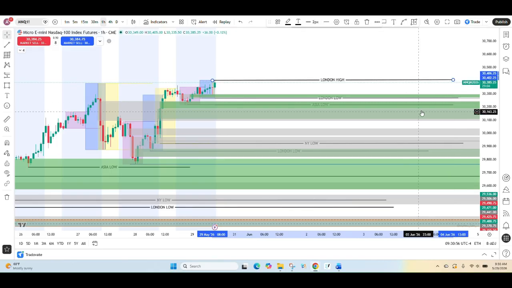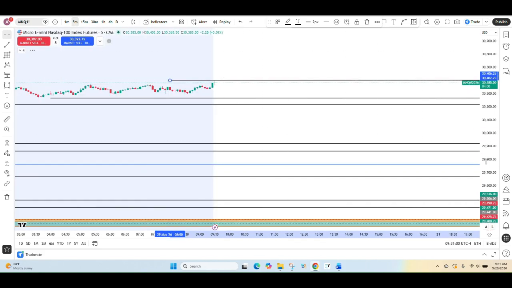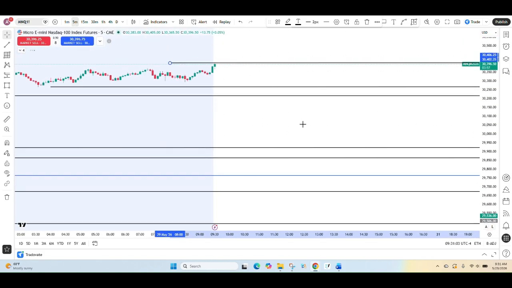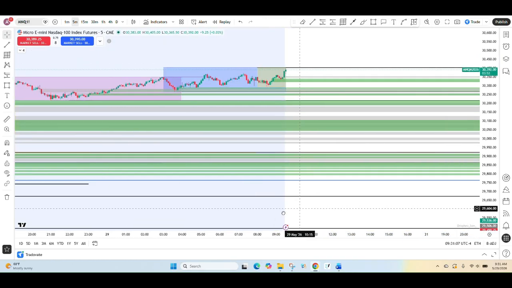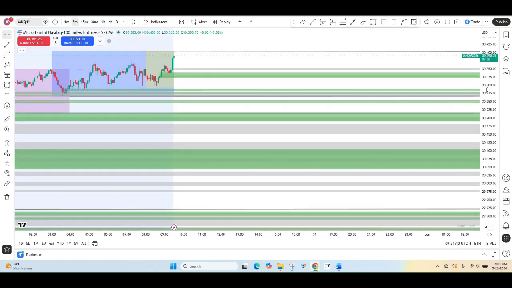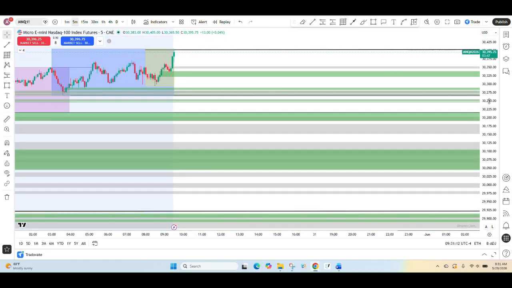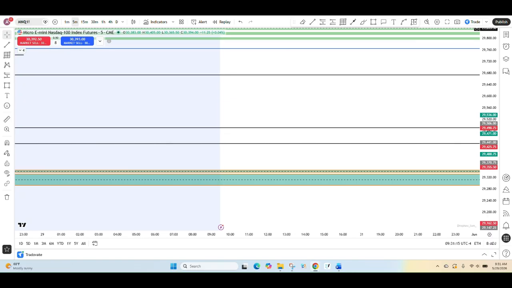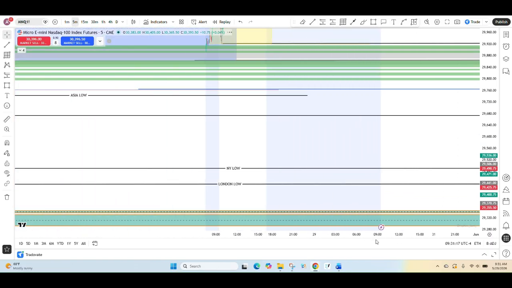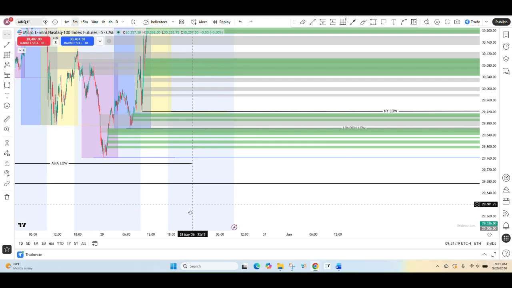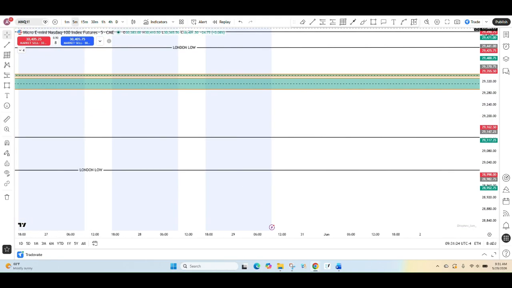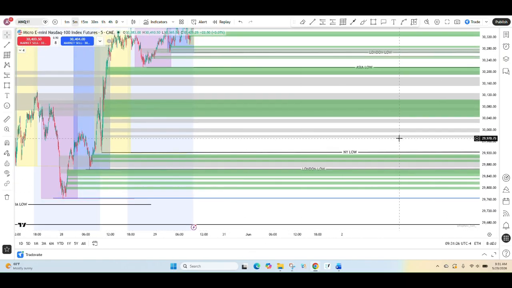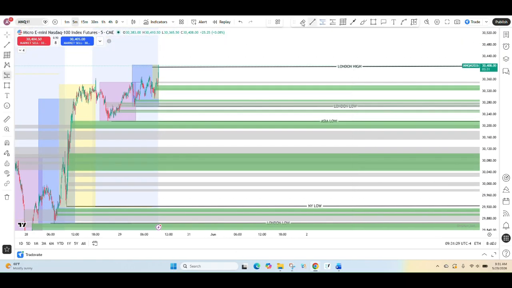Alright, so it's 9:30, market just opened, but we can still mark out everything because we don't enter until the first 5-minute candle closes. So I'm going to start marking out some entries. So the bullish fair value gaps, we're looking for shorts, and it's a bunch of bullish. I don't see any bearish fair value gaps, and that's because we were in a bullish trend. So all I'm looking for today is shorts, unless some new fair value gaps form. I'm looking to take shorts today. So let's mark some out.